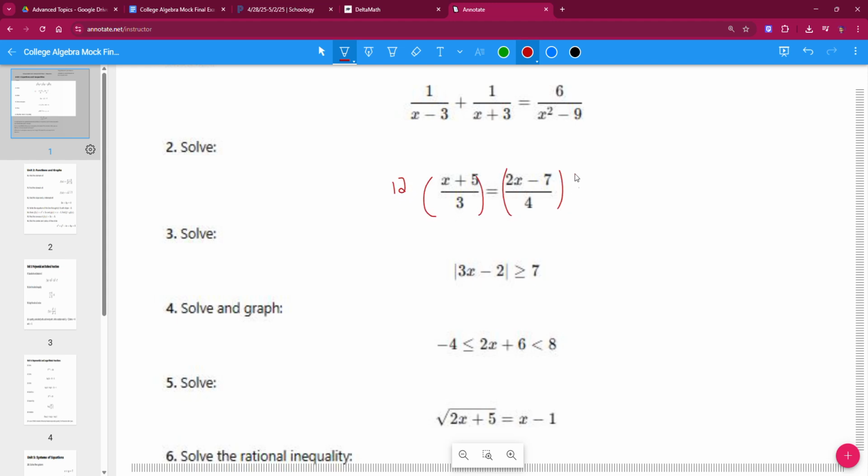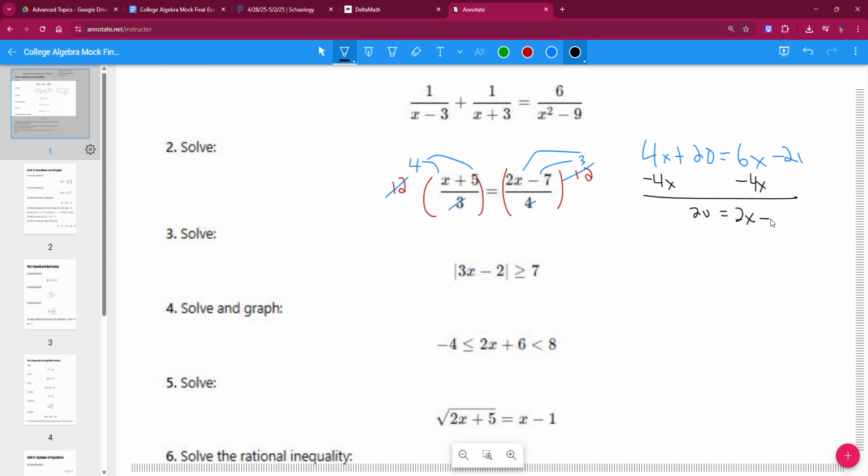And really you end up cross multiplying, but I want to show you this skill in case it doesn't look exactly like this problem. Because if I do 12 divided by 3, I'm going to end up multiplying by 4 into both of these. And if I do the same thing over here, I'm going to end up multiplying by 3 into both of these. If I do that, 4x plus 20 equals 6x minus 21. Let's see, if I minus 6x on both sides, or let's minus 4x, because you all hate negatives. Let's do that. 20 equals 2x minus